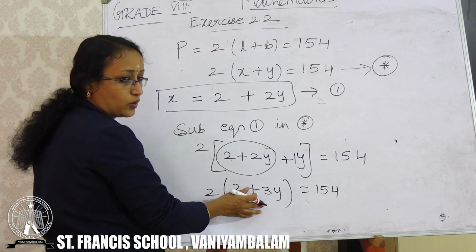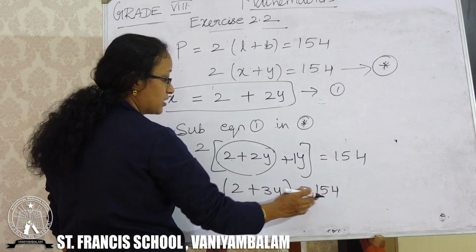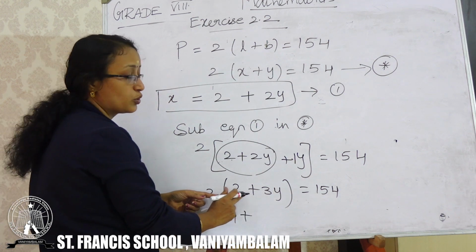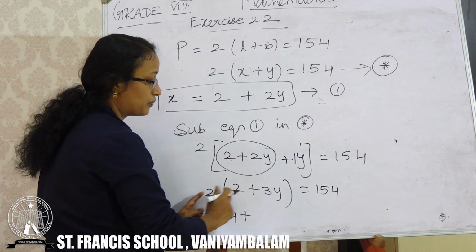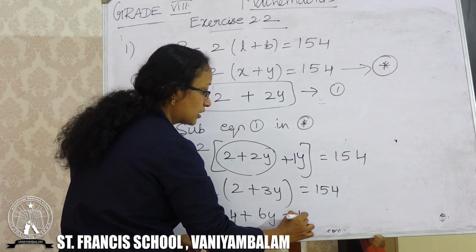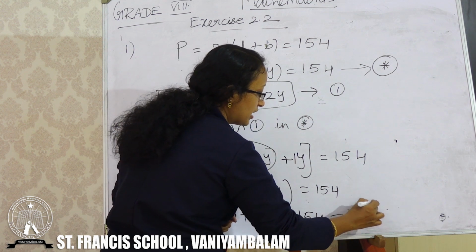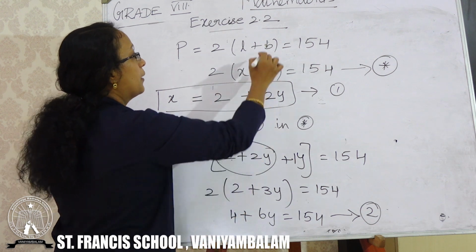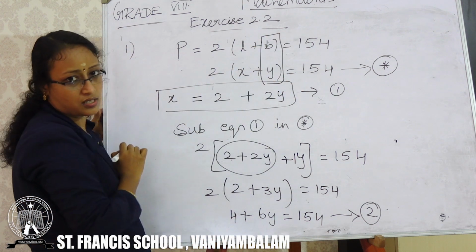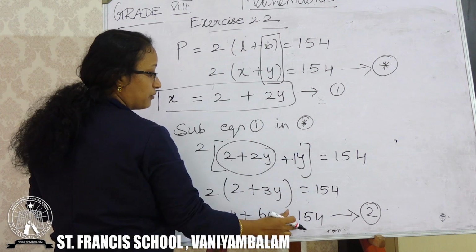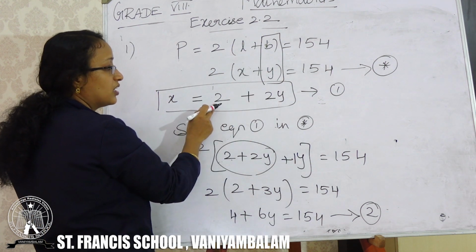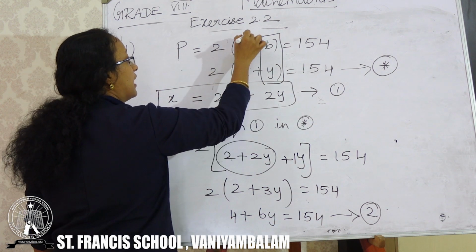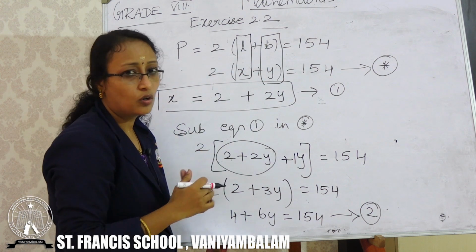And what you can do, either you can multiply inside the brackets or you can take this 2 to the denominator. I am going to multiply this because 2 is common for both 2 and 3. So 2 into 2 is 4 plus 2 into 3 is 6y. So you got the equation now? Yeah, this one you can take as a second equation and solve this. Find the y value. What is your y here? Breadth, right? This is your breadth. And after getting the y value, you have to substitute here in equation 1. Then you will get the x value. What is your x? Length. I think you got the point.